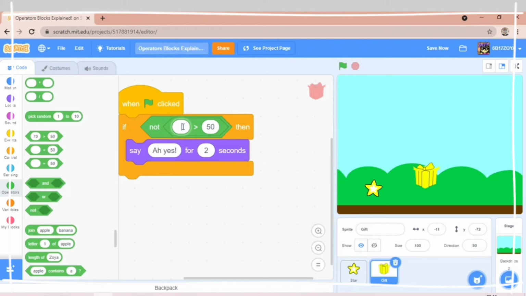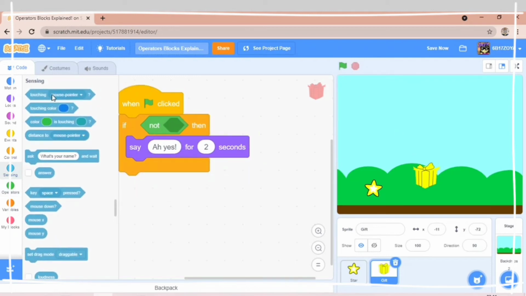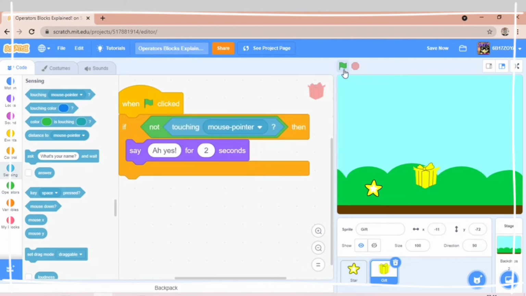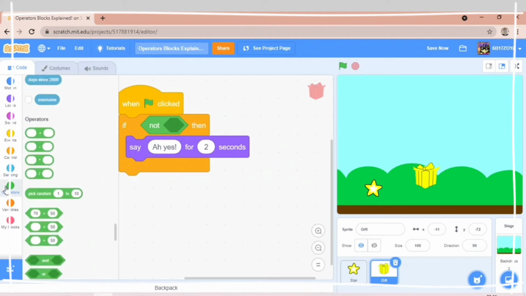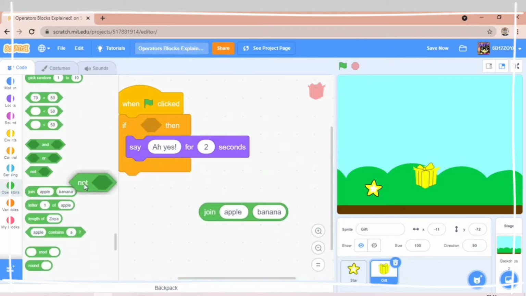Or if I do 25, and because 25 is false, can you see it says here. And I guess I can do another thing. If touching mouse pointer, then if it isn't touching mouse pointer, it will do the further code.